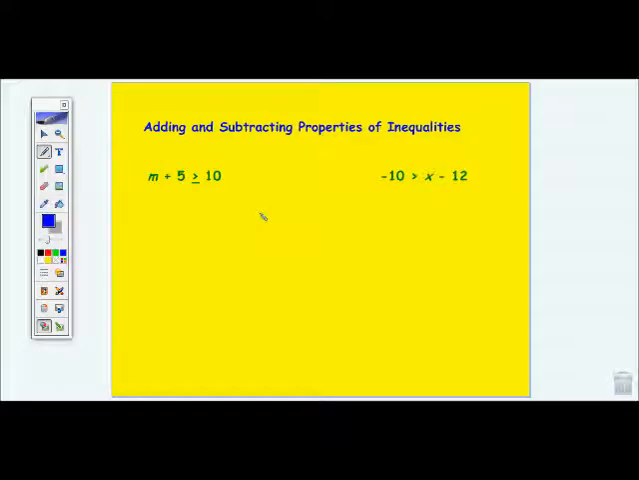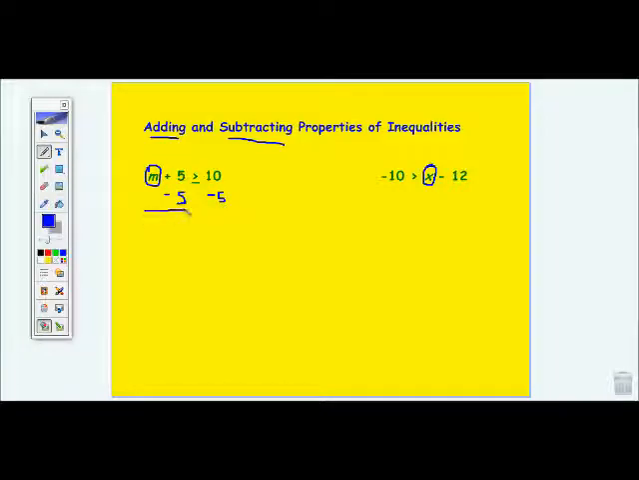The next thing we're going to do is look at the adding and subtracting properties of inequalities. The reason we're only focusing on these two properties is because in both of these sentences we have a single variable already. So we're just solving for that variable. Same rules apply that did when we were doing equalities. Get your like terms together. So using balanced equation,